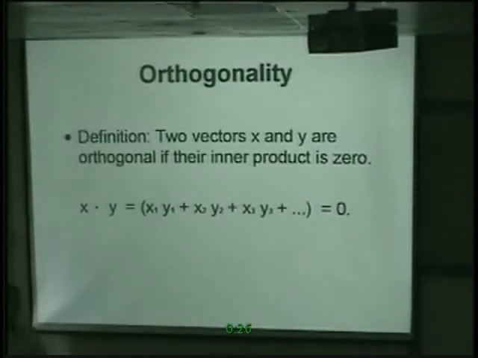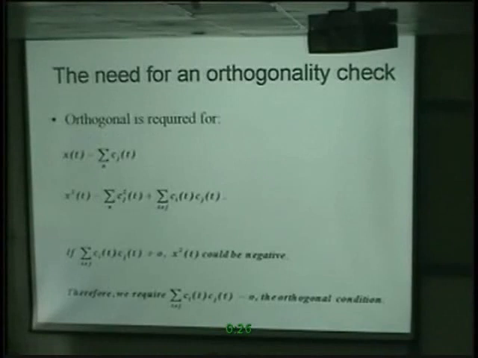Orthogonality is a very simple concept, but it's very important. Why is it so important? Because if we expand x equal to the sum of c_j times the components, and we look at x squared, it should equal the sum of c_j squared plus the cross terms, where i does not equal j. So all the cross products are there: component number 1 times component number 2, component number 2 times component number 1. If they commute, that's twice this, but since I write it this way, I don't have to write twice. All i not equal to j, combined together.